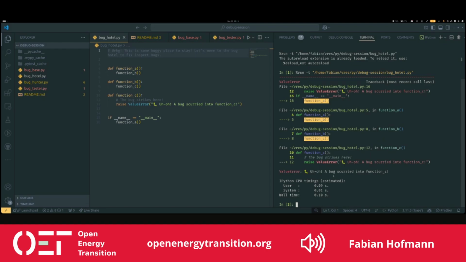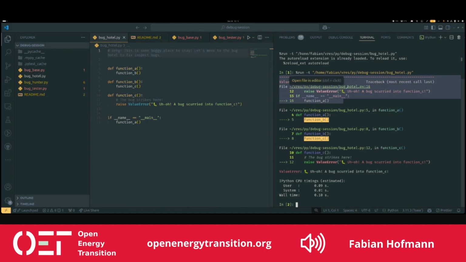We're seeing on the right-hand side now the traceback. The traceback consists of different levels, as we see. Here on the very top, we're having our script call. This is where the Python code is run. And then, this is our very first message, we're hitting an error, which is a value error here. And we're already seeing that this value error seems to appear here in line 16 in